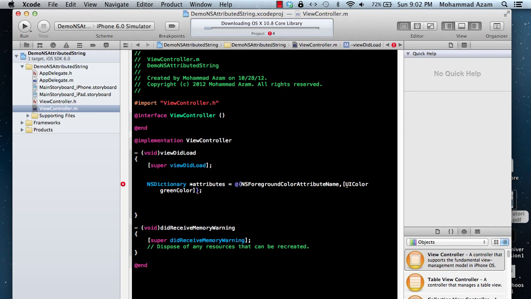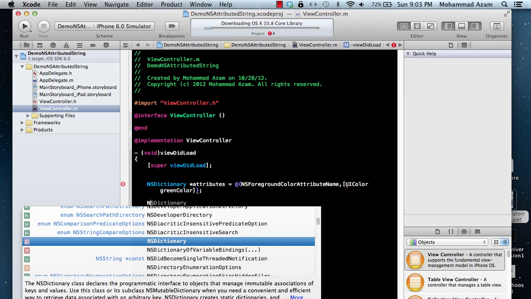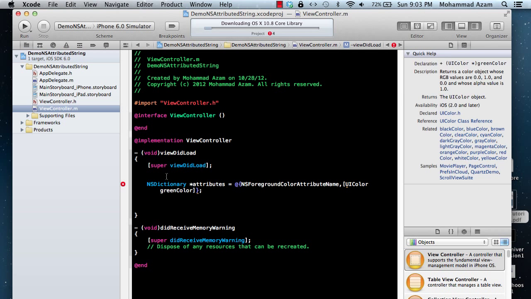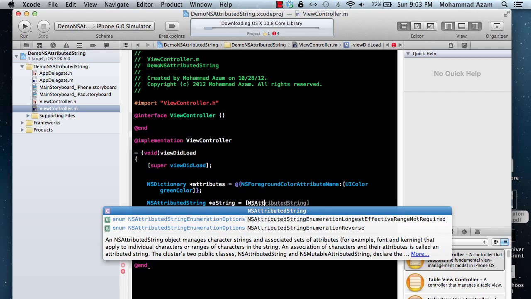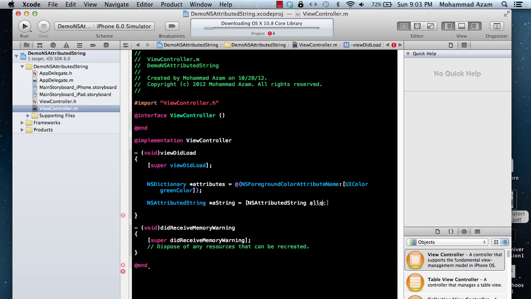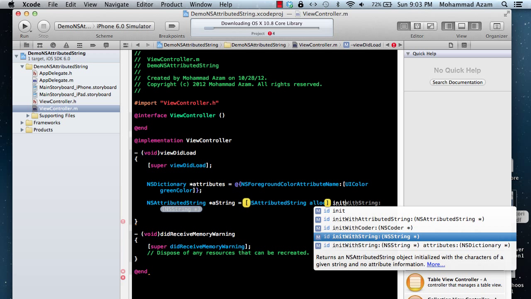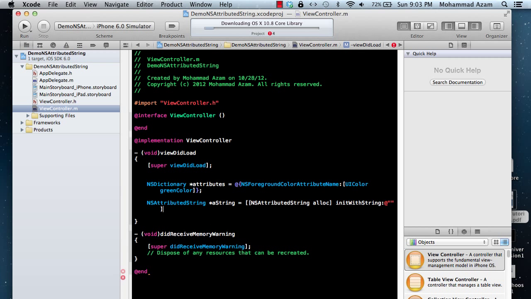And then after this I'm just going to make a, let's see what's going on. Oh, it's not a comma, I guess it's this. And then we can actually make an NS attributed string, and I'm just going to call it a string, NS attributed string alloc and init with string, and you can provide any string that you really want. I'm just going to say this is a green message,